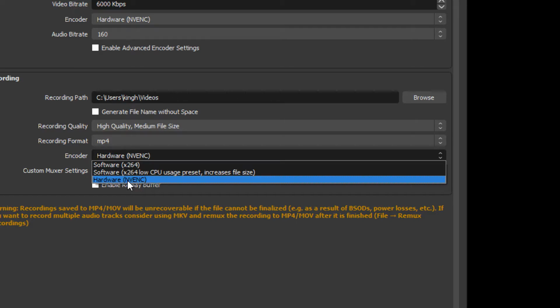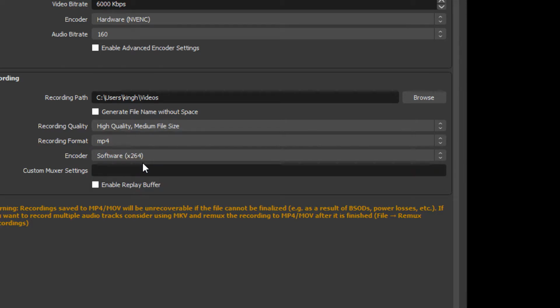Now, here's the thing: not every laptop or computer has a video card. Sometimes your computer may only have a CPU. Of course, all computers have a CPU. To be safe, we can use X264. But if you know your computer and you know that you have an NVIDIA video card, typically on laptops you